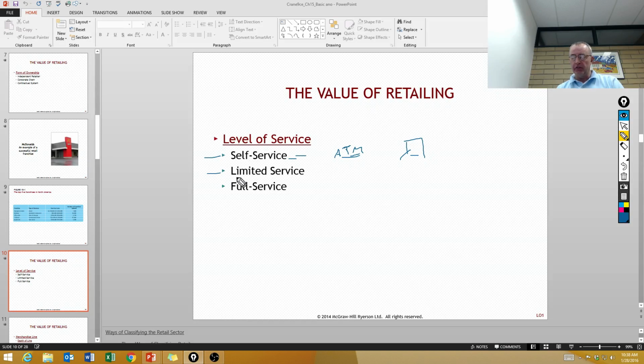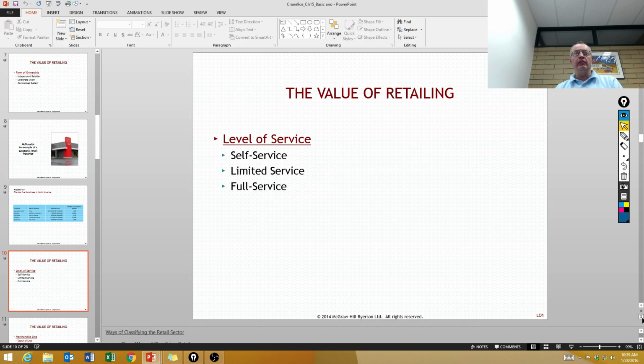And then we have limited service, where stores provide some service. This is like fast food restaurants. You place your order and then you sit down or you take the food out, so you kind of serve yourself. Anyway, that's limited service. And then we have some full-service businesses, like some specialty restaurants and auto dealers. Certainly when you go shopping for a car, salespeople tend to come up to you and help you with the process. And then in some high-scale department stores, there is still lots of sales help, but I think it's becoming fewer and fewer all the time.